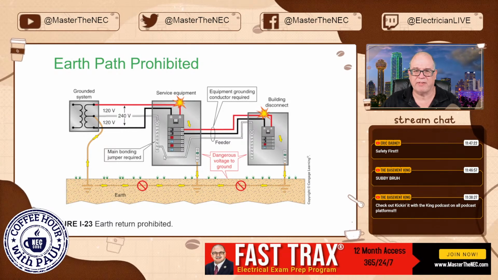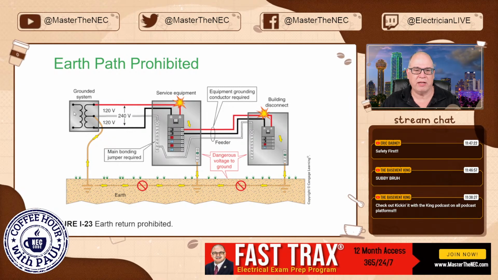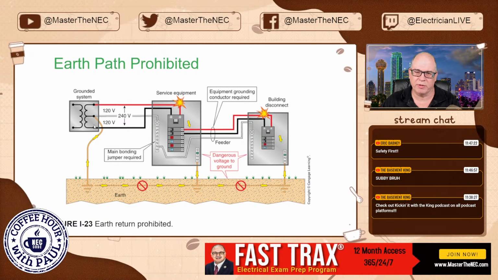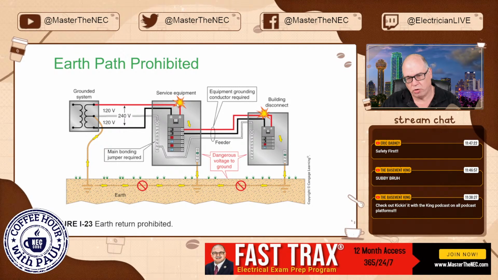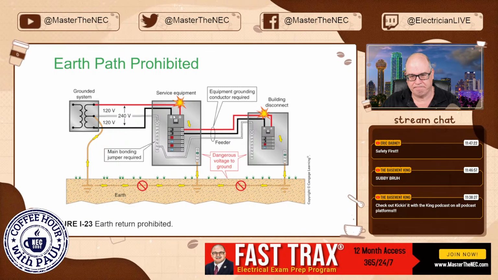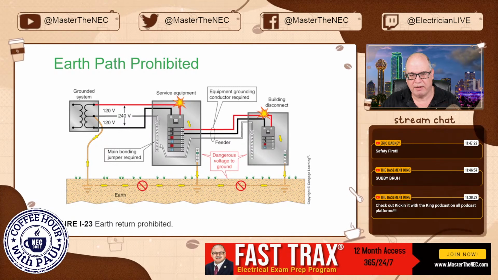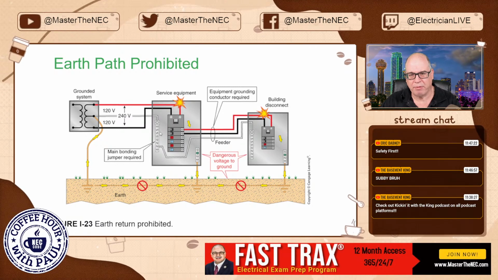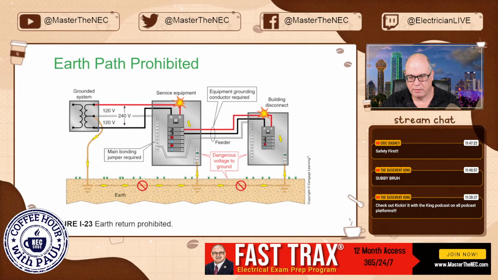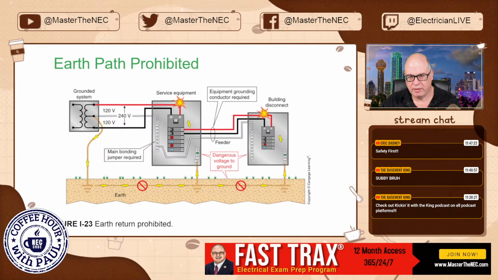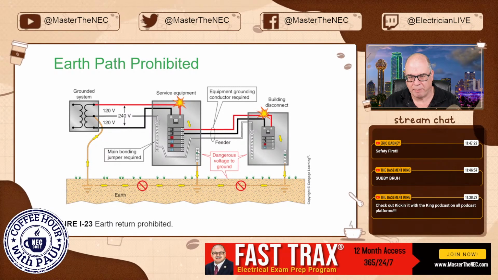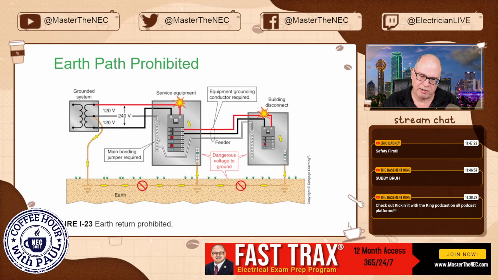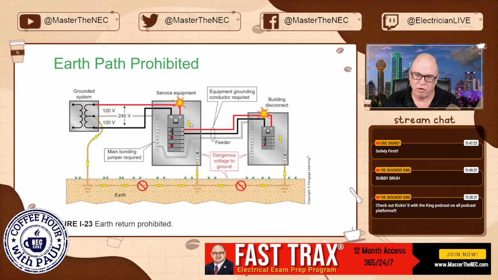So here's a good example. Check this out. So here is the transformer. This is a typical residential. And here you see the connection to Earth established here at the transformer. Good to go. Dropping down to the actual service equipment. Okay, very good. All right, and you have the main bonding jumper required right here. Now the problem is there isn't one. Remember that little jumper that we put on here? Well, somebody didn't do it. They put a separate bus in there, put the screw down here, and this bus here is still floating. It's not. So here's what happens, folks.